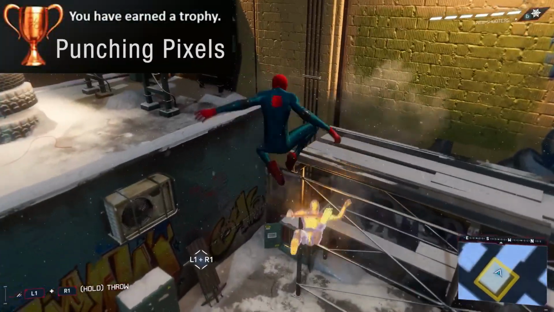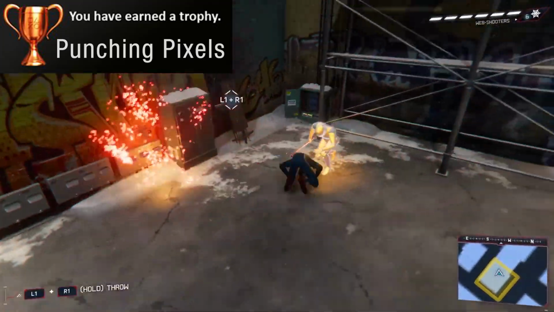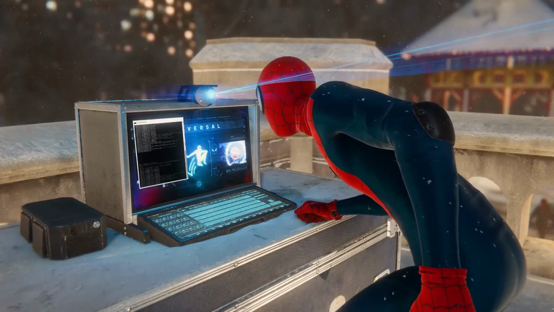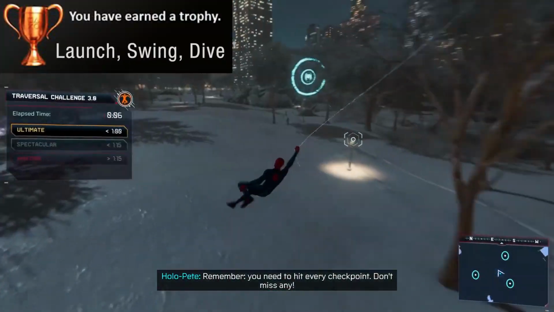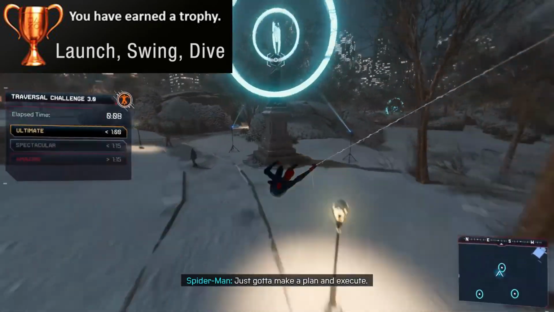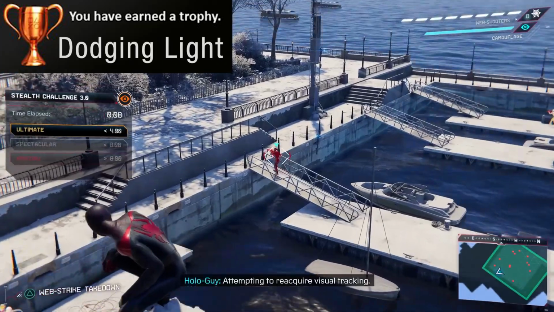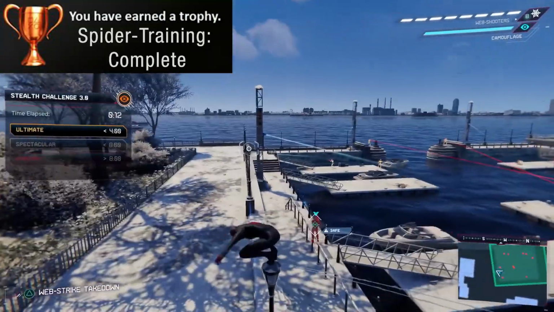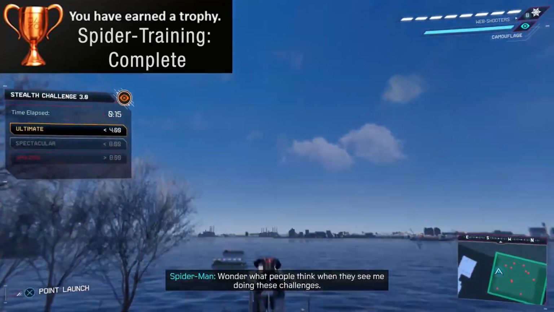In any of the 3 combat related spider training courses, get a rating of spectacular to unlock the trophy Punching Pixels. You will need to do the same for the other 2 types of spider trainings. Get a spectacular rating in the traversal challenge for Launch, Swing, Dive, and then again in a stealth challenge for the trophy Dodging Light. Completing all 9 will get you the trophy Spider Training Complete and unlock Peter Parker's final